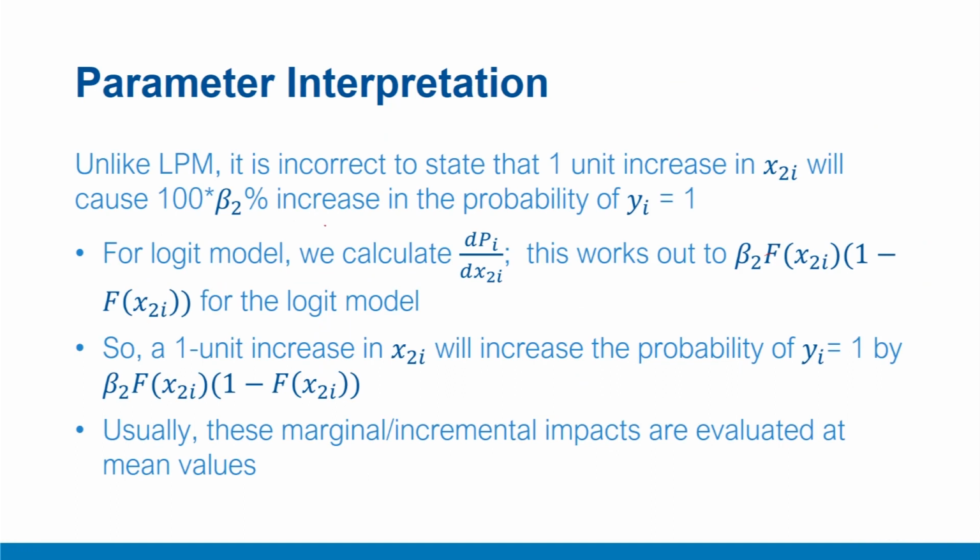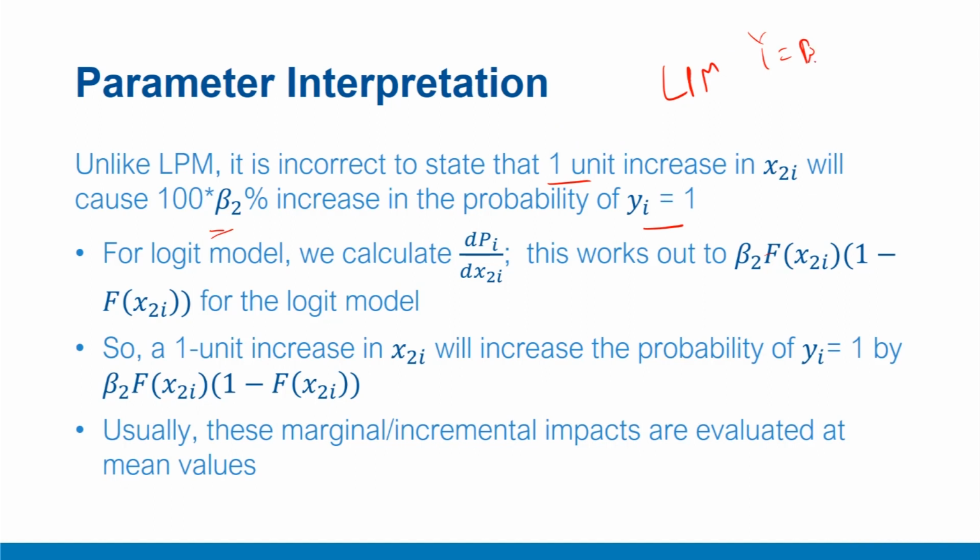So to put things in perspective, in this kind of model, it is not correct to say that a 1 unit increase in x2i will cause a beta 2 percentage increase in the probability of yi, which we said in the LPM model. Remember, in linear probability models, LPM models, we simply said that beta 2, the coefficient of that model,